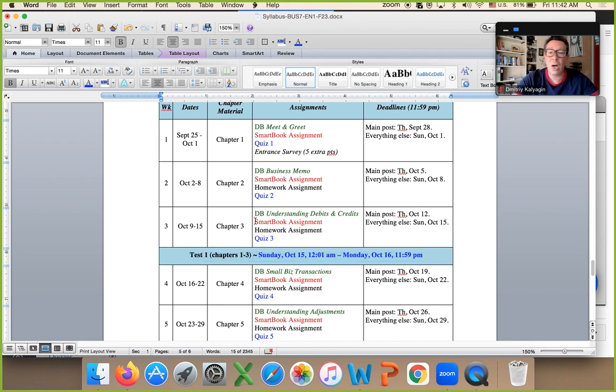So smart book and homework don't have a time limit. Before the deadline, you can go in and out as many times as you want. Save and exit, come back. The quiz is timed. It's an hour and a half, 1 attempt. Once you start it, you have to finish it, 90 minutes. And the tests are also timed at 3 hours.